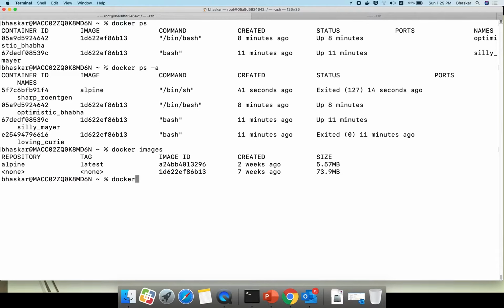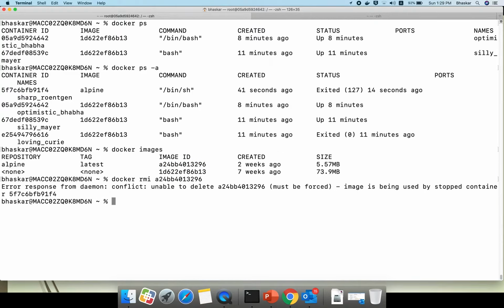Now docker rmi, you can provide your image ID or image name, anything is fine. It is saying, error response from the daemon, unable to delete, image is being used by a stopped container. Already the container is stopped but still it is using, right?